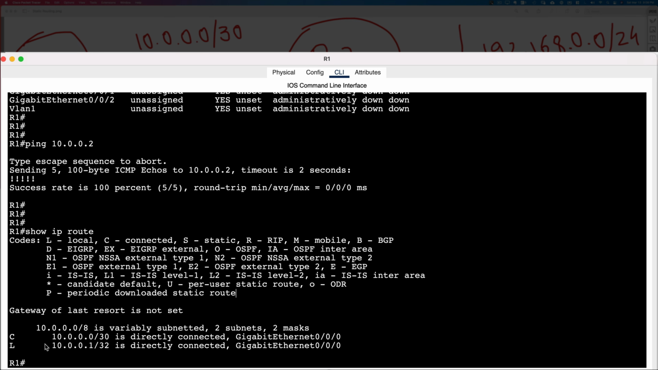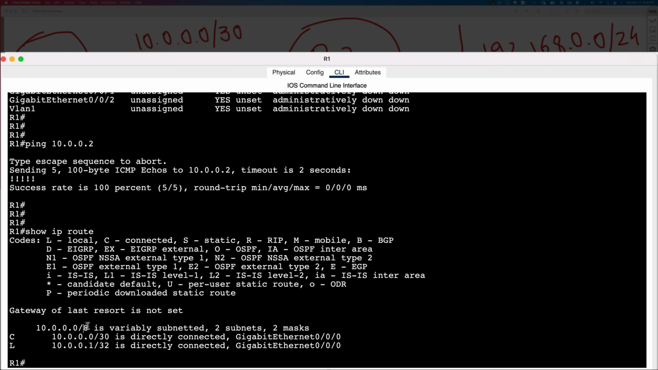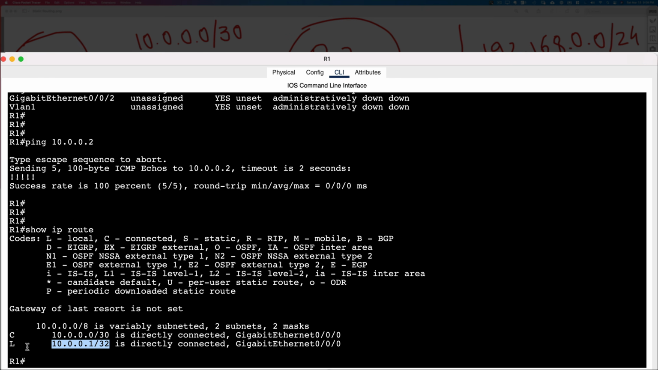As you can see here, the routing table has this codes section. Right below that are the different networks in our routing table. C corresponds to the code up here in the table, which stands for connected. So this is a connected route on our interface gigabit 0/0/0, and this happens to be the /30. Our local route, which is the L flag here, is